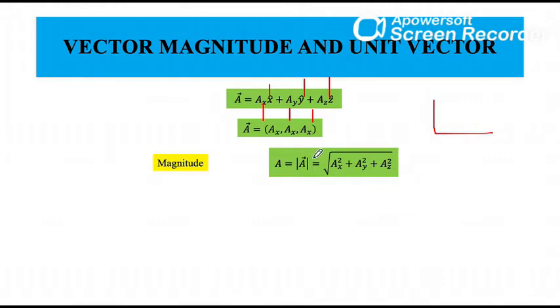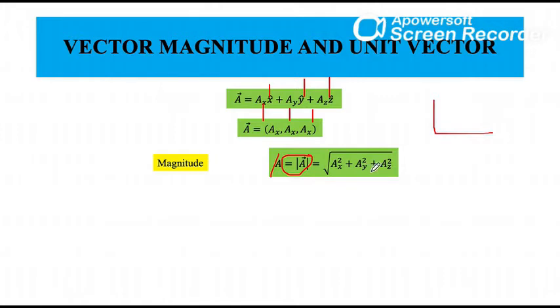So this is the denotation of magnitude of vector. Sometimes we simply write down the number without vector notation like this. Okay, so that would also denote the magnitude of vector, and this magnitude of vector is given by square root of ax square plus ay square plus az square. Okay, which you can think of as a 3-dimensional generalization of Pythagoras rule.